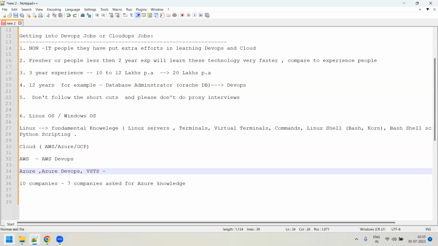Okay, fine. Sir, how many services are provided by each and every cloud? For example, Azure, how many services are there? There are more than 200 plus. Okay, fine. What about AWS? Even AWS is more or less the same, sir. More or less they have 200 plus services.